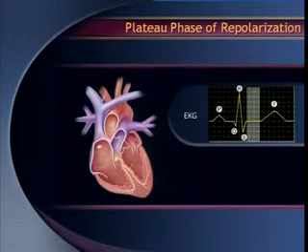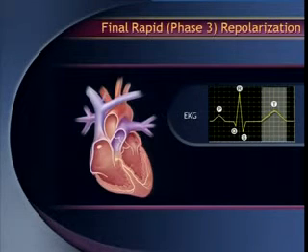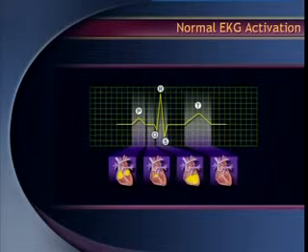Now there is the plateau phase, as somebody is asking, the isoelectric segment of the ST, where the body fluid is having a current. That is why it takes a little longer time, producing the broad wave called the repolarization wave, the T wave. This is a schematic representation of this mechanism, the electrical activity as well as the mechanical function. You cannot have the mechanical function alone. Electrical current is required to have a mechanical function.